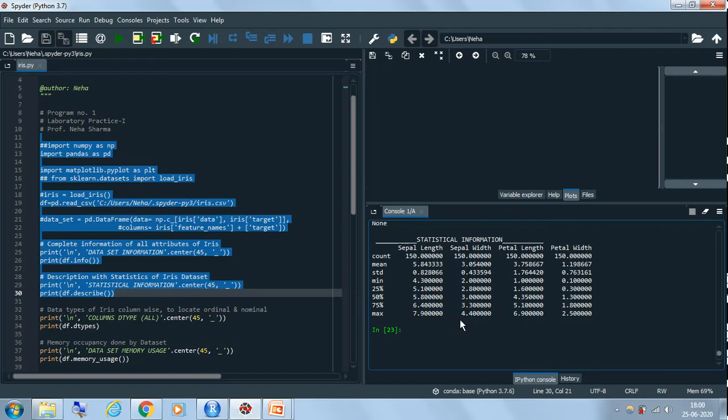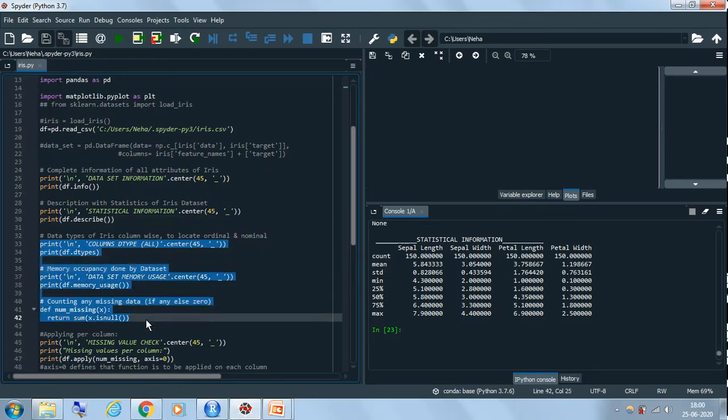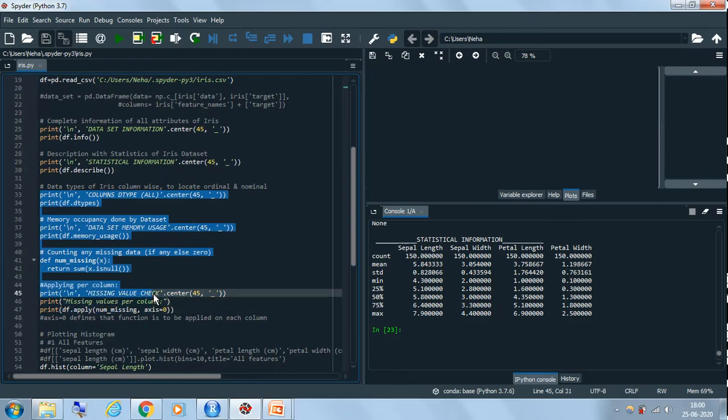Then I want to identify what are the type of variables that I am having, how much memory it requires, for example, this is just for your information, and whether there are any missing values. Let us check for missing values. So let us run this. Using the first, df.dtypes, we will display what is the data type of each of the attributes. df.memory_usage will give us how much memory is required for each of the attributes.